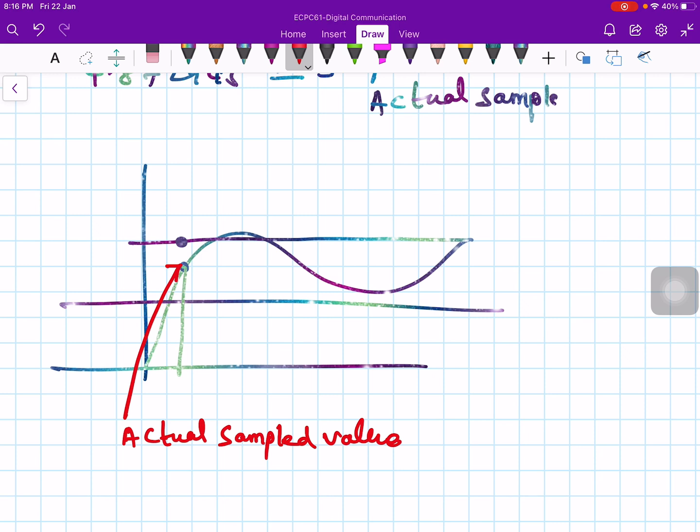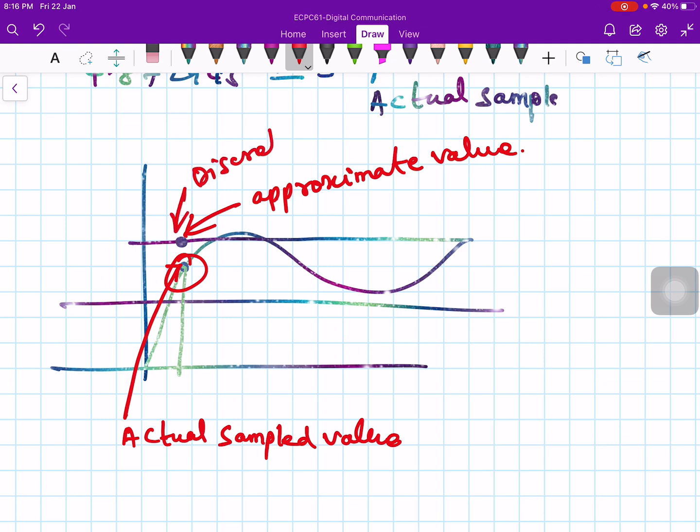Okay, and this is the approximate value. So we will be transmitting not the actual values but the levels to which these sample values are close, and these levels are discrete in nature. Further, the leveled outputs which are coming out of the quantizer are not transmitted as such. One could do that, but if you do that, what is going to happen?